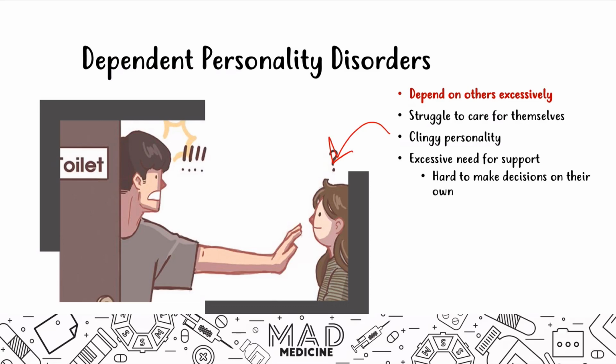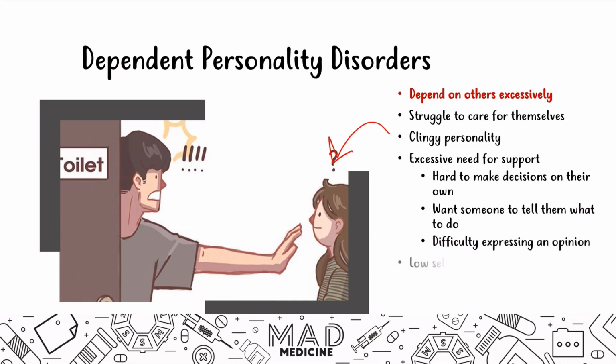I know a lot of times people complain like, oh, my partner won't decide where to go eat. No, this is like they can't decide anything. If you guys watch The Good Place, it's kind of like the guy Chidi. It's very similar to that. He's not able to make decisions, and that's what dependent personality disorder is. They can't make their own decisions. They ask their partner or the person they're dependent on to make the decisions for them. They want someone just to tell them what to do. That's the main thing about dependent personality.